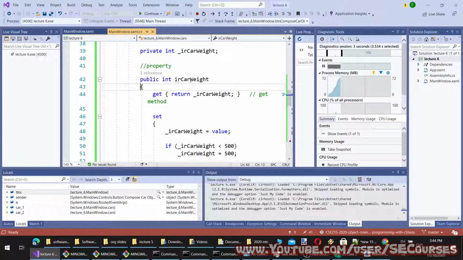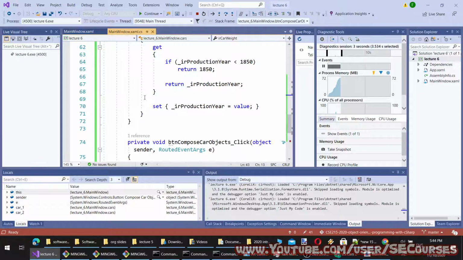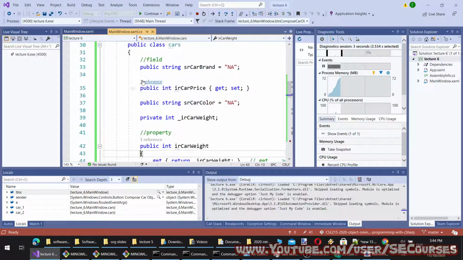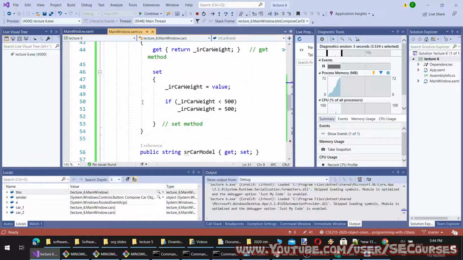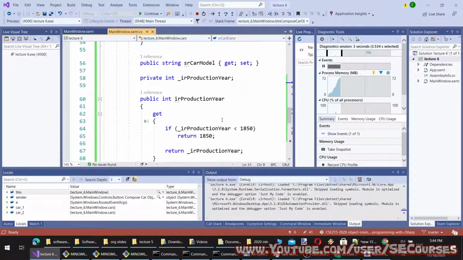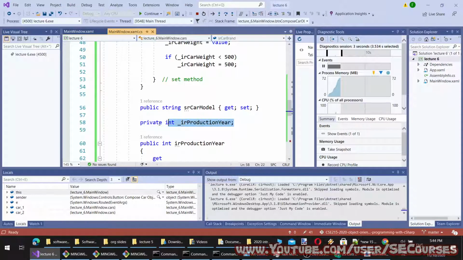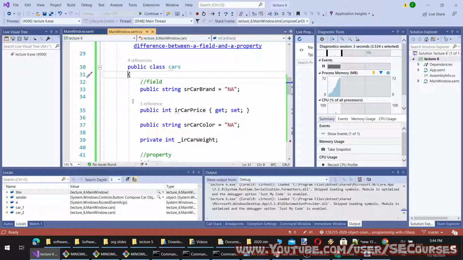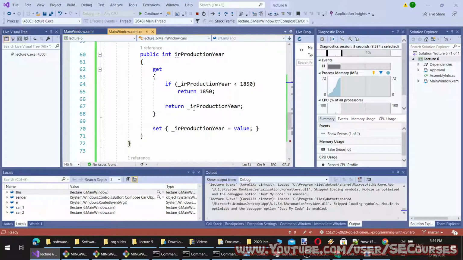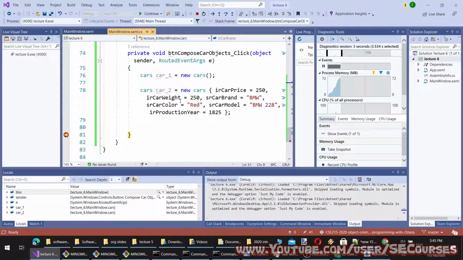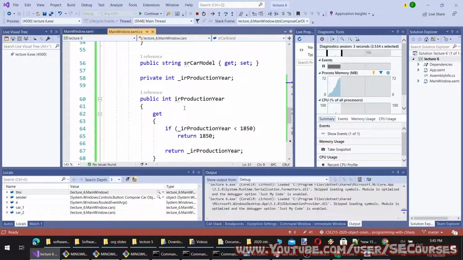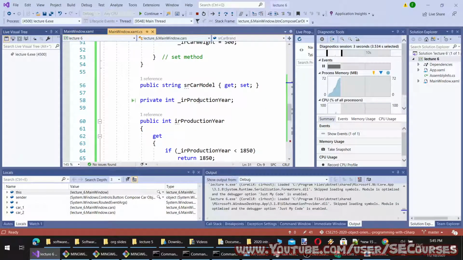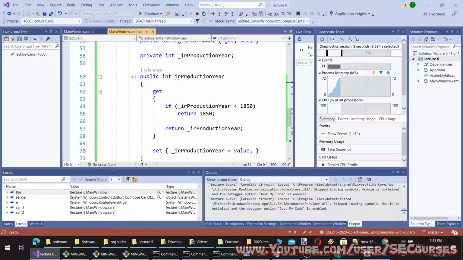The scope of this class is starting from here and ending here. Therefore, the only way to access this private value is within this scope, the scope of the class. From outside of the class I can access this value only from this public interface and from this get method.